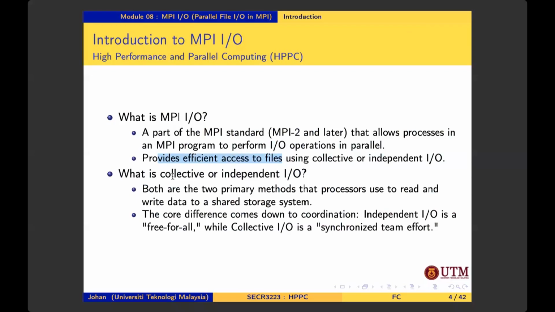So what are collective and independent IO? Both are the primary methods that a processor uses to read and write data to a shared storage system. The core difference comes down to coordination. For example, independent IO is a free for all, while collective IO is a synchronized team effort. So in other words, to explain these two methods,